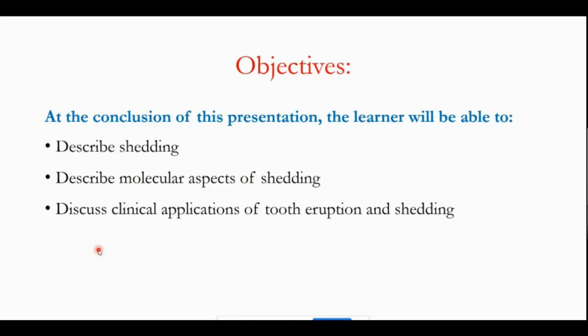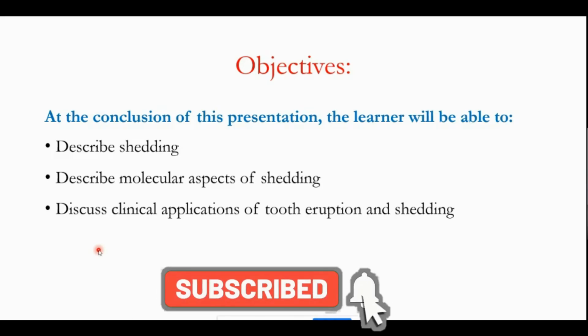See, all the basic subjects which you're learning, of course, it is very important for you to understand the basic foundational knowledge. But ultimately, you're going to be a clinician. So why are we studying this? You have to know that. Otherwise, you will never pay attention to whatever you're studying in your basic subjects. Okay, so we have to discuss after every lecture, what are the clinical applications? What is the message that you're taking from today's presentation, and apply it when you're treating the patients, okay?